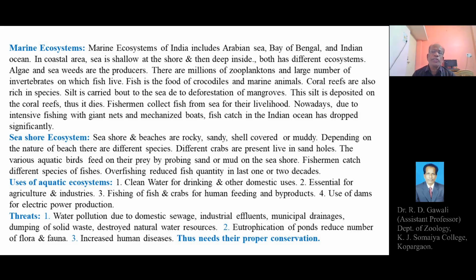Then thirdly, a variety of fish species of the different aquatic water resources and the crabs can be obtained for human consumption and also for the production of different types of byproducts. So fishing, or catching of fish and crabs, is for human feeding and byproducts. One can have a large quantity of fish or other aquatic organisms which are edible, that can be caught or that are provided